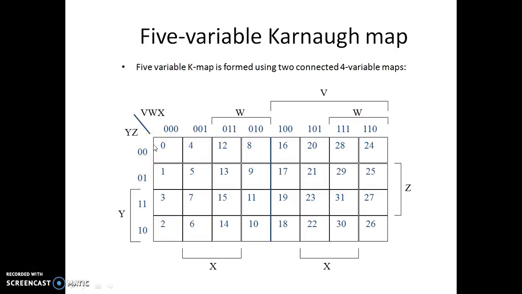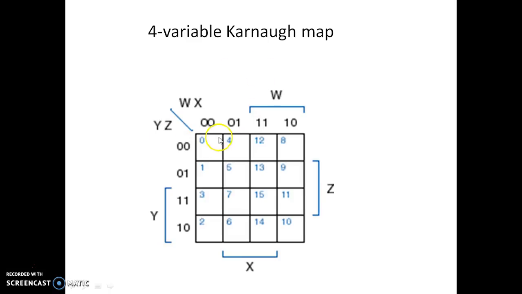We can consider any example based on the 4 variable K-map. The same steps you have to follow. That means if you want to minimize any function, the first step will be to draw the truth table. With the help of the truth table, we can find out the K-map, and from the K-map we can minimize any function.